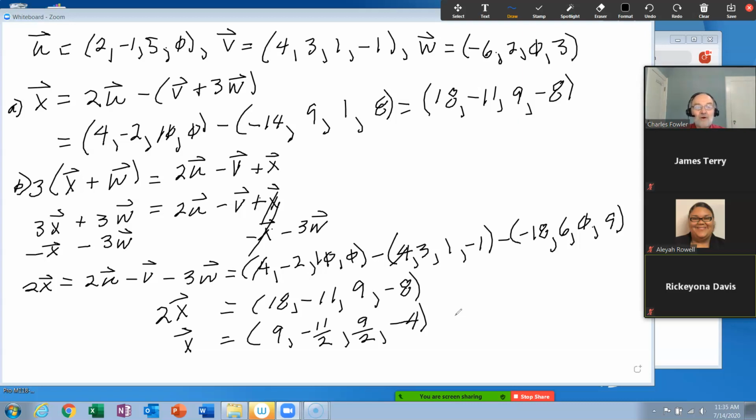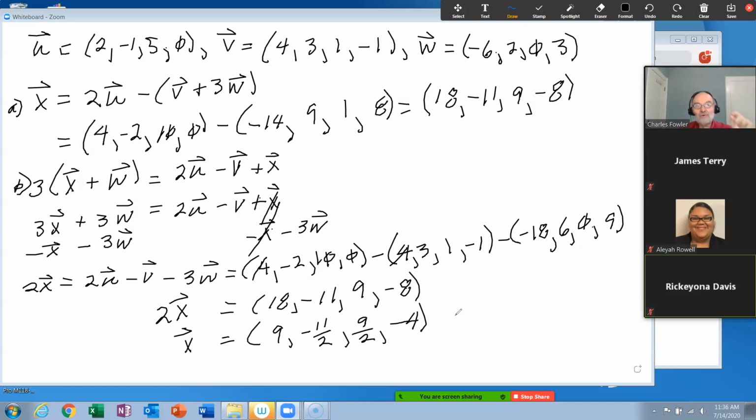Well, the zero vector in Rn has n components. This one was R4, it had 4 components. So Rn is going to have n components, and every one of those n components has got to be a 0. That's the zero vector in Rn. It's also the additive identity element in Rn, because anything you add to the zero vector in Rn gets you the same thing you started with, because you're adding zeros to every one of those elements. So it's the additive identity element.